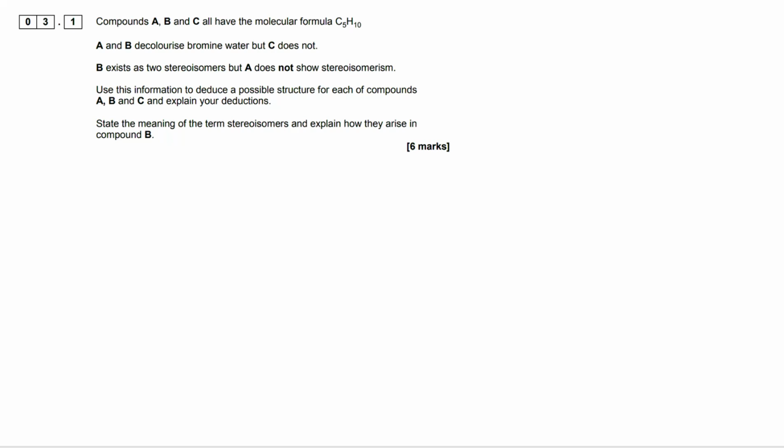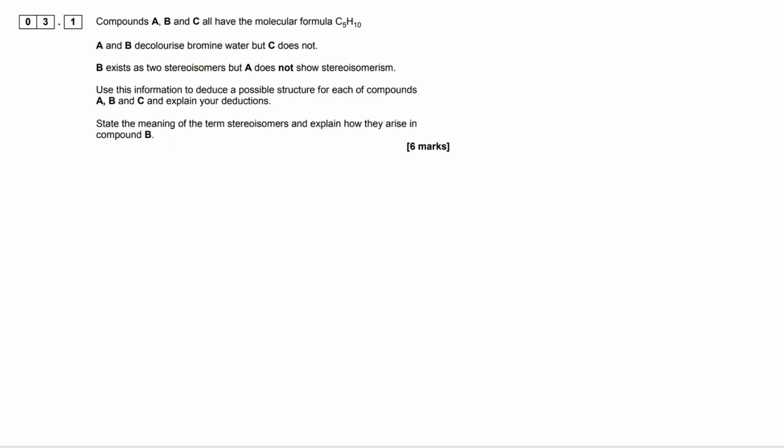Okay, this is a 6 marker. As always, it breaks down into 3 different stages. We've got information here about the molecular formula. We've got information about the bromine test and what that means about A, B, and C. We're given information about which ones of these are stereoisomers. And you've got to work out what the different structures are, and you need to be able to explain what